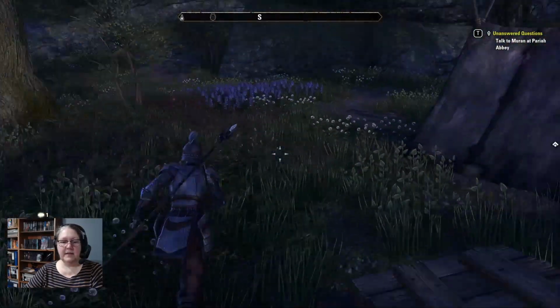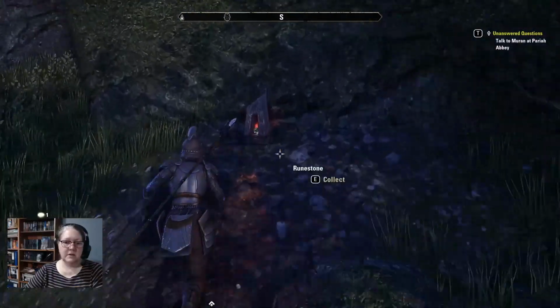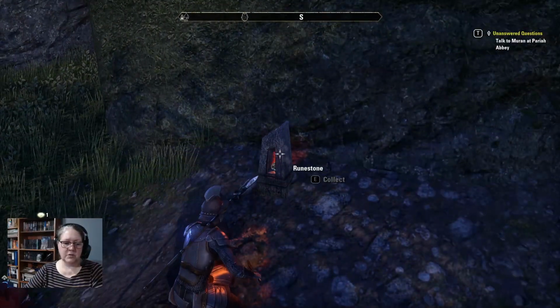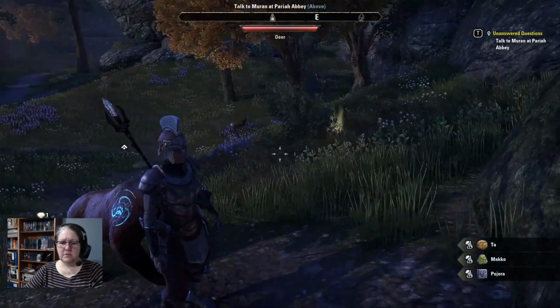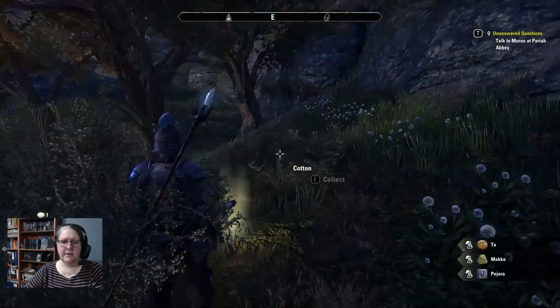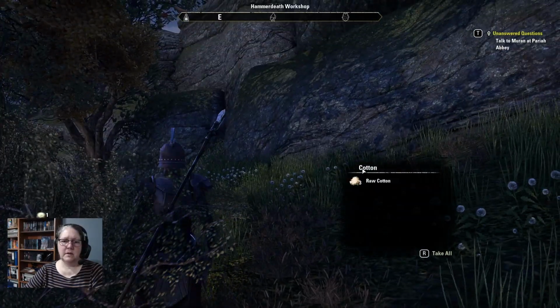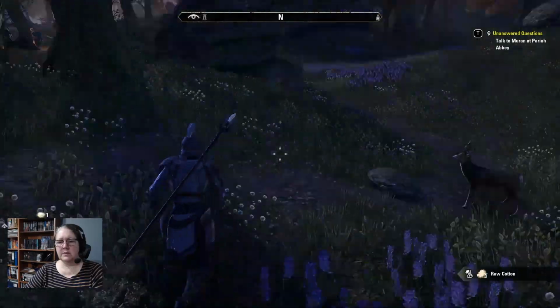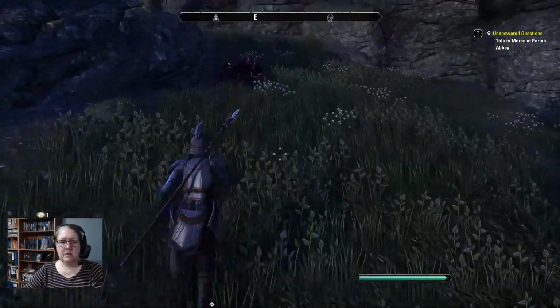I have a feeling that the journals and books aren't shared between characters for the region's lore, but I could be wrong. I could be wrong. Oh, look, Hammerdeath Workshop. Well, maybe Hammerdeath Bungalow isn't what I think it is, and we need to go and investigate it. We're kind of...